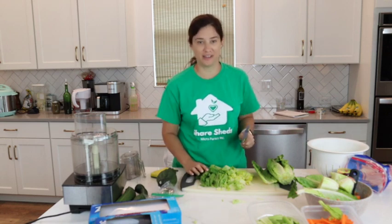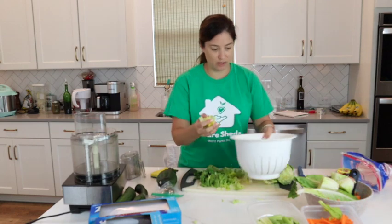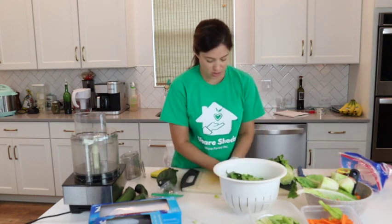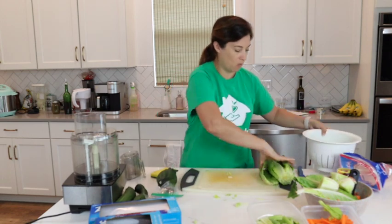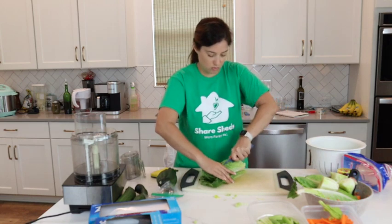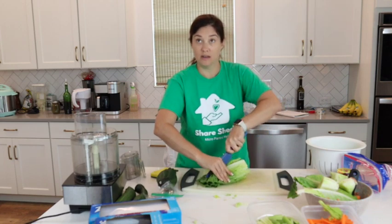Make sure I don't cut myself again. I did put a Band-Aid on. It's always unfortunate when you get a really sharp knife and then you cut yourself. No good, no good. Okay, I got one more head of lettuce to go. And then